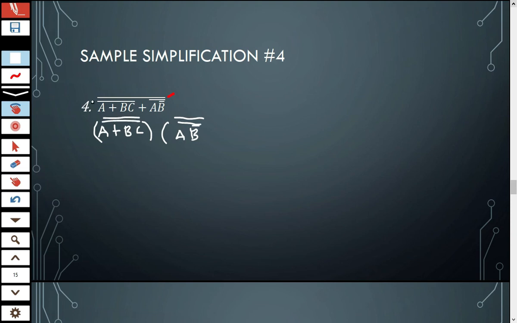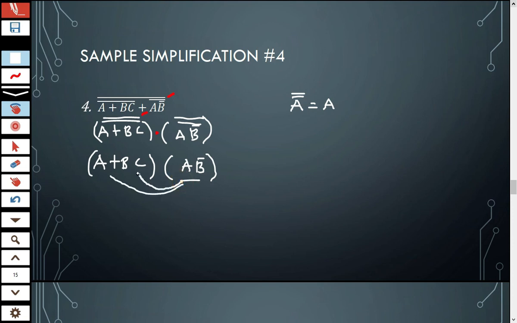Okay, so the addition here becomes multiplication. The OR here becomes an AND, this part. Okay, then we apply the identity property, which states that double negated A is the same as A itself. So let's apply this to this expression. So this becomes, and this becomes, okay. Then after that, we can apply the distributive property here. So let's distribute this expression to each of these terms inside of the parentheses. So this will give us,